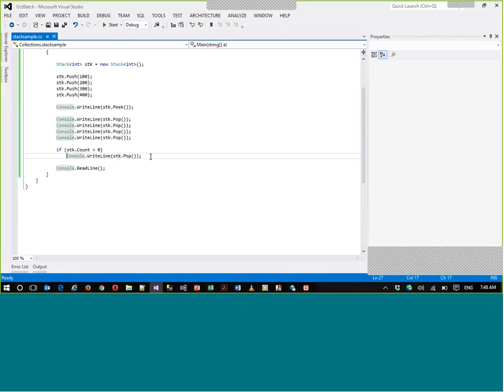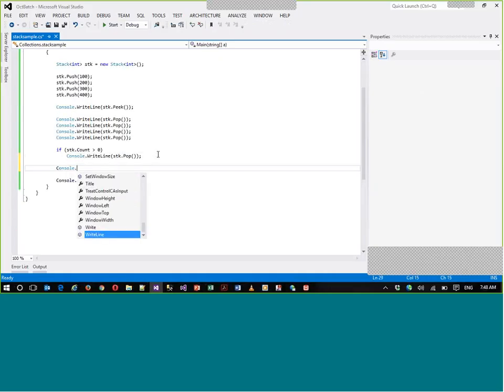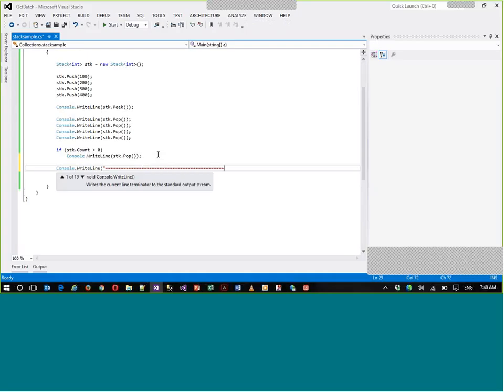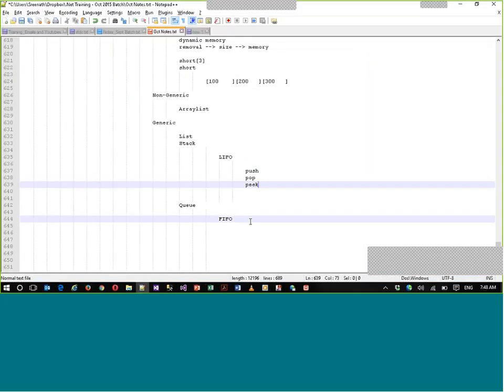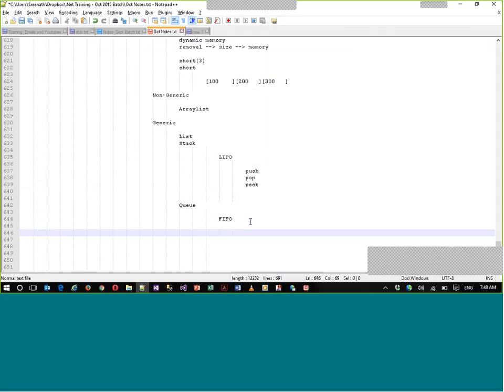Similarly, we have queue. Let me put a break here so that we can discuss queue. For queue, again, we have three different methods using which we can get the functionality of FIFO, which is first in first out.